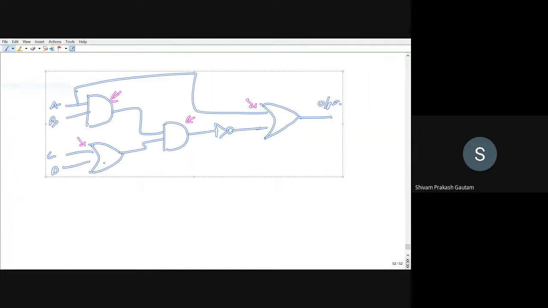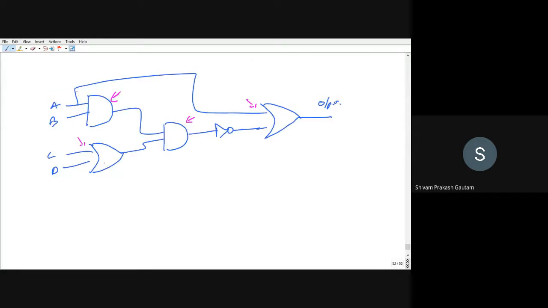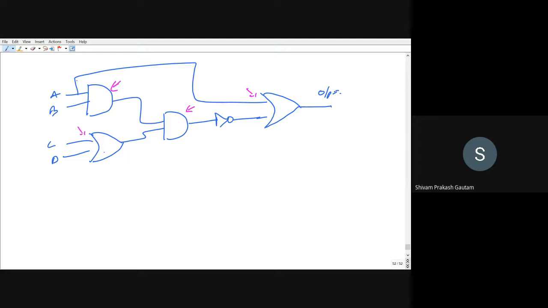Now we will quickly see NOR gate because time is also less. Okay. So I have taken this same logic again. Now we will make it using NOR gate, another universal gate. So for NOR gate, you have to provide what? At the output of OR gate, you have to provide a bubble, and at the input of AND gate. Right? Just vice versa of NAND gate. You have to provide a bubble or circle. You can call it whatever you want.